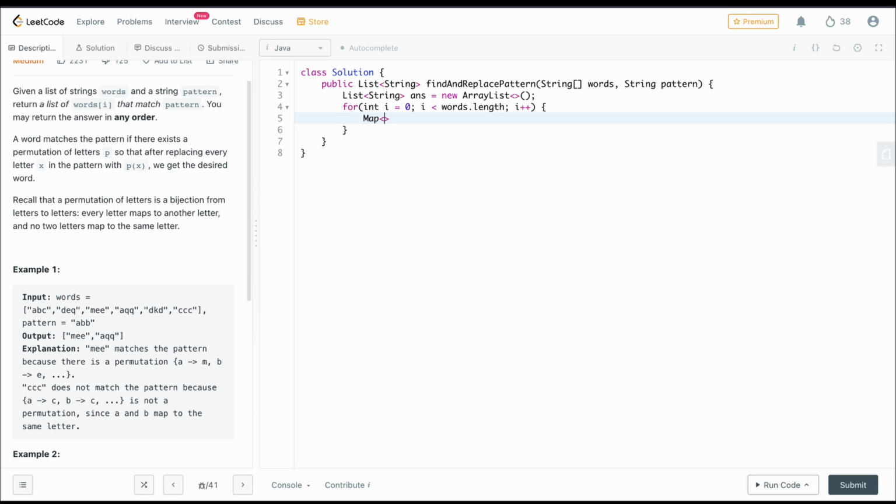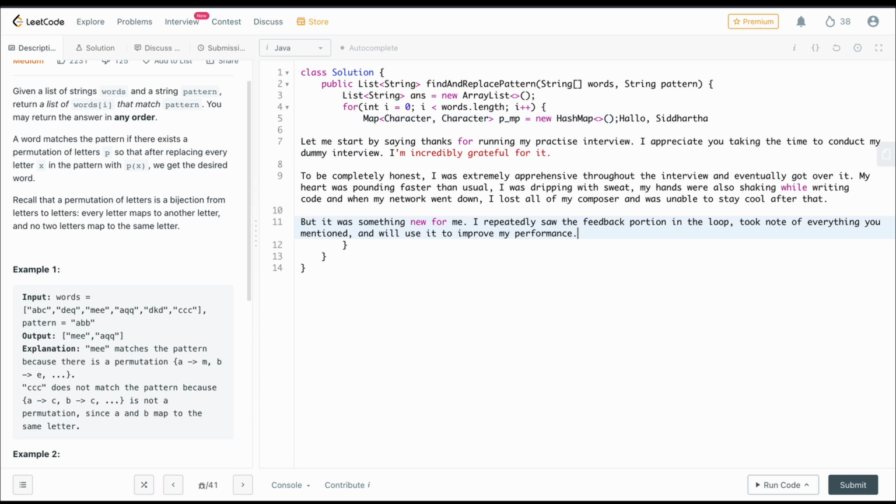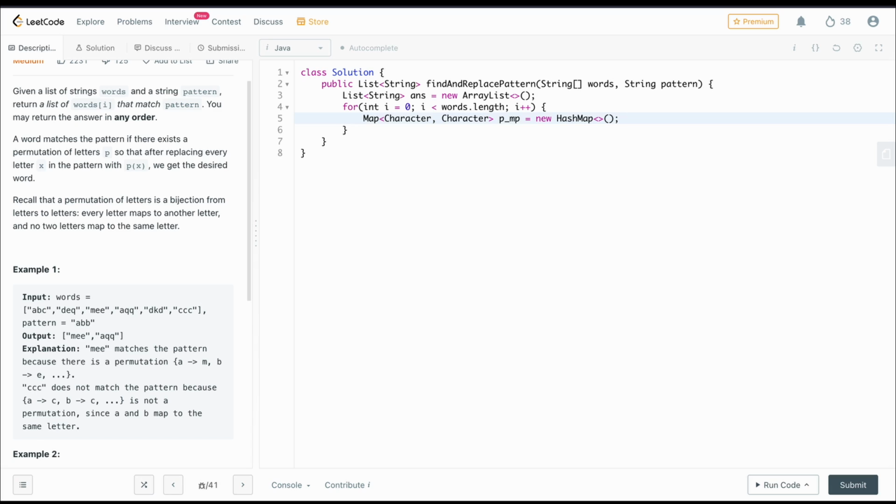Like we said, we will create two maps, each having character and character. Let's create this map for our pattern string. We name it patternMap equals new HashMap, and we create a similar hash map for the string in words also.